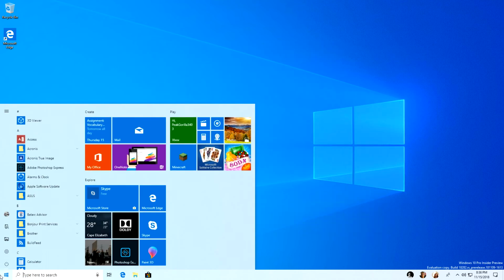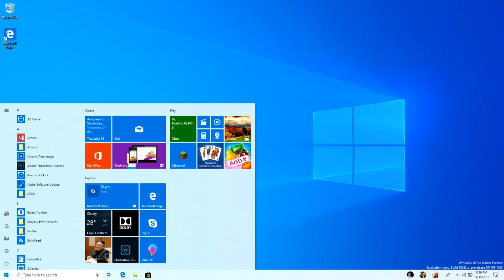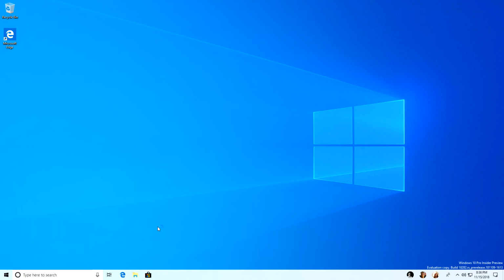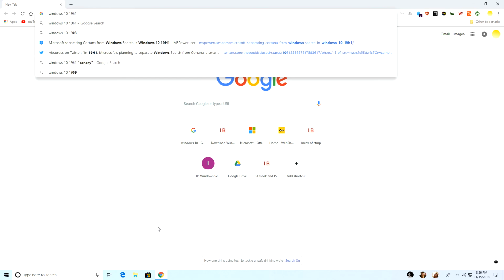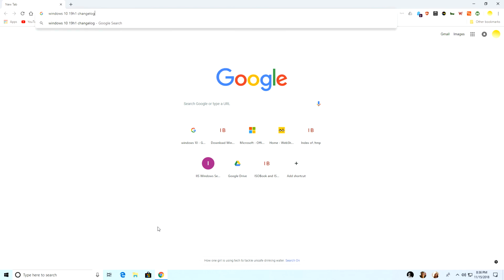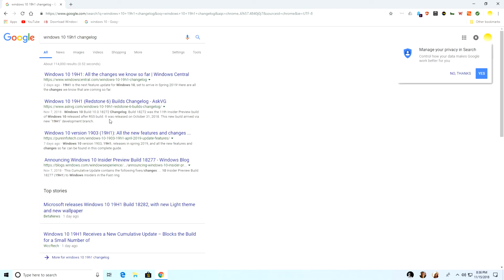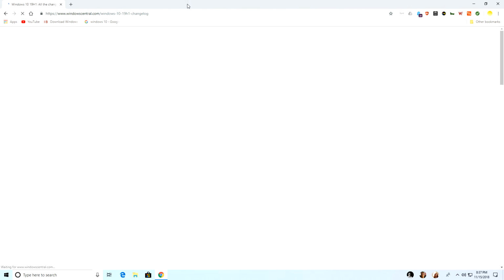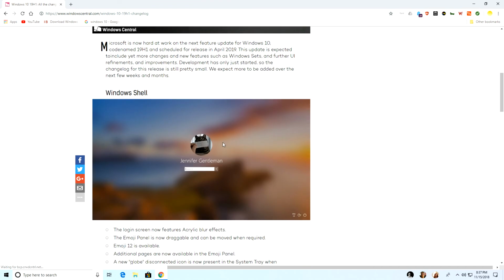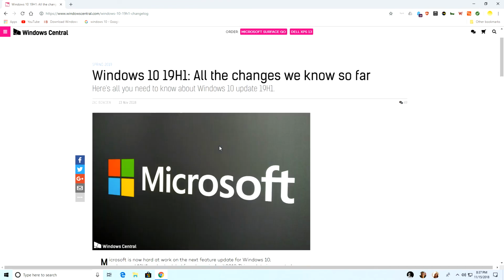Okay, so search, light theme. What else did they do? Well, let's take a look. Windows 10, 19H1, changelog. So this is mainly almost like a fixes and stability update, but they're also adding lots of design changes, which, believe it or not,